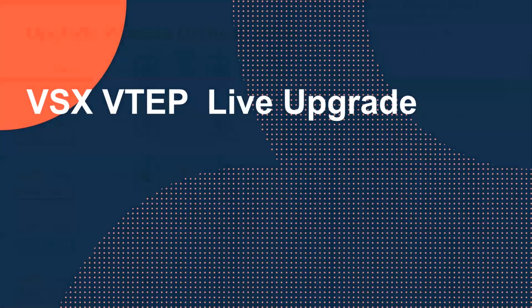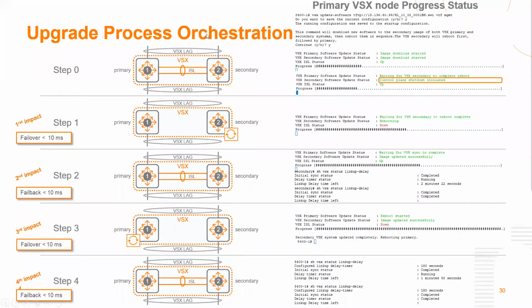Here is a reminder of the overall process and its orchestration. There are 5 main steps. Step 0, I would say, is the initial and nominal situation. Then there are 4 upgrade steps, each having a very small impact on the traffic. Failover of the VS6 secondary when this switch starts to reboot. The failback of the VS6 secondary when it is restored, joining back the cluster and participating again in forwarding the traffic. Then we have the same for the VS6 primary that is going to reboot, and the VS6 primary finally restored in the fabric.